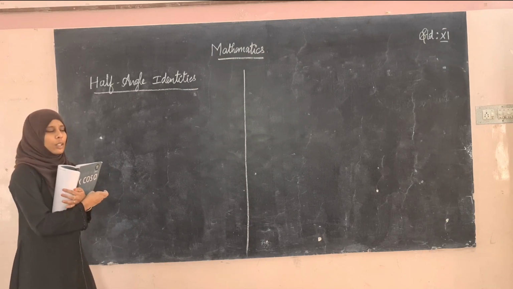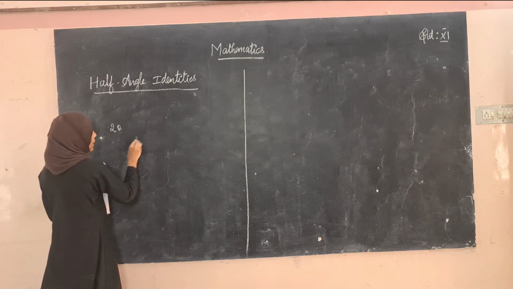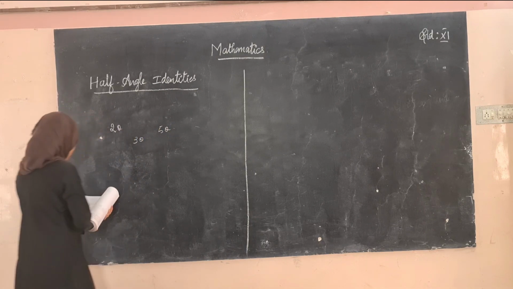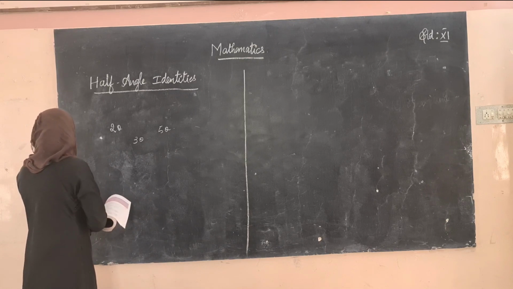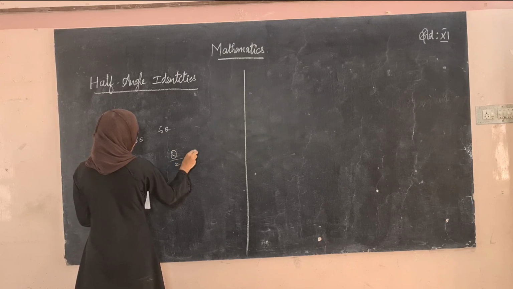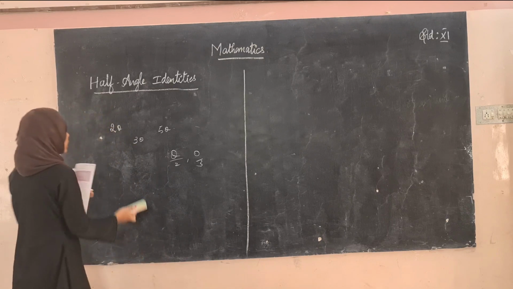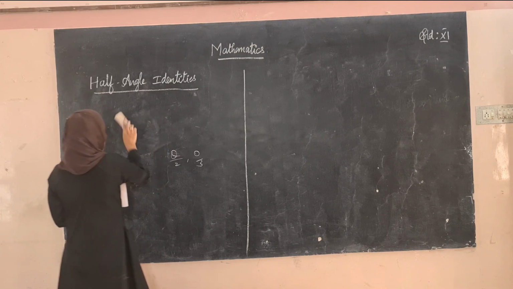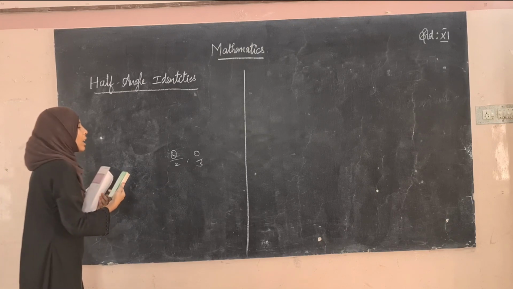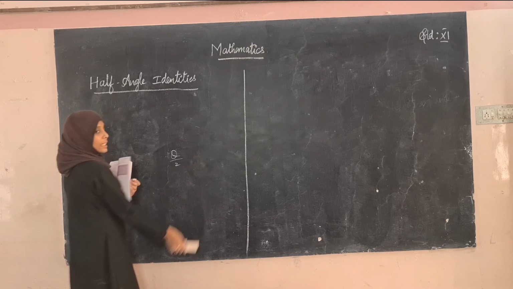What is half angle? Double angle means 2 into theta. Multiple identities are 3 theta, 5 theta, and so on. Submultiple means theta divided by 3, theta divided by 4, that is called submultiple identities. That is what they have called half angle identities. Double angle identity is not 2 into A, 2 into B, but 2 into one angle. Here half means, from the name itself it is clear, we are going to see about theta divided by 2.